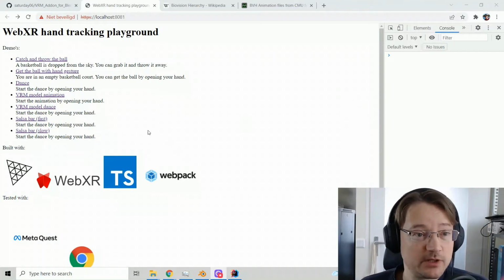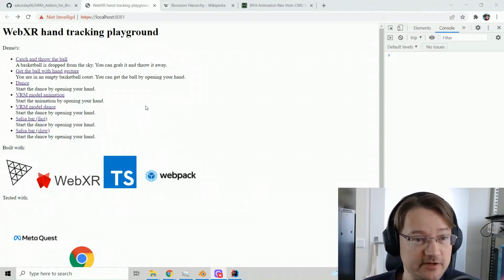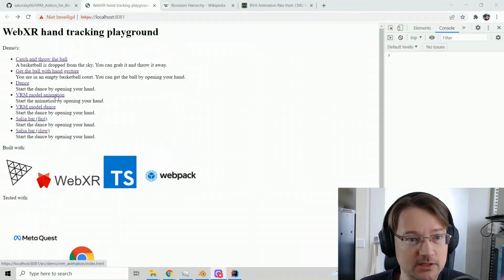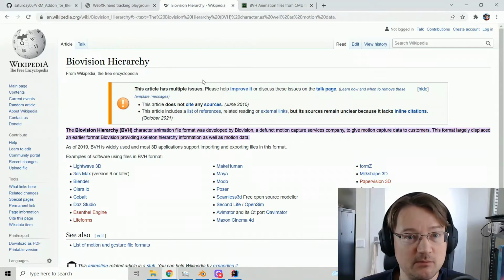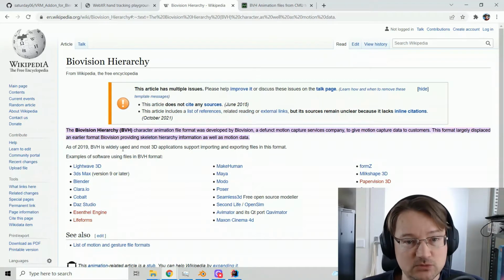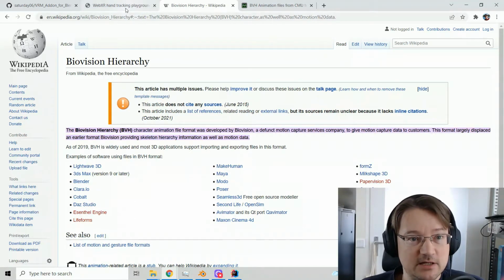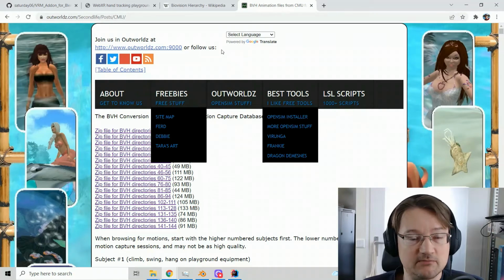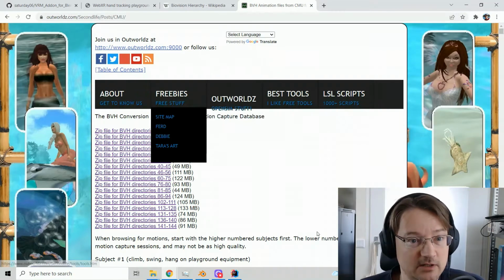Following to that, we had another demo with the VRM model using BVH animation. BVH, that is BioVision hierarchy. That is widely used for animating characters. So in this demo we have used BVH files from the collection originally from